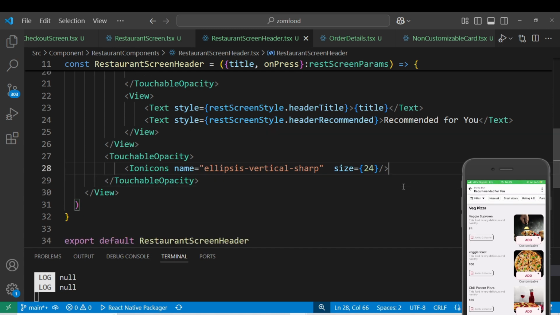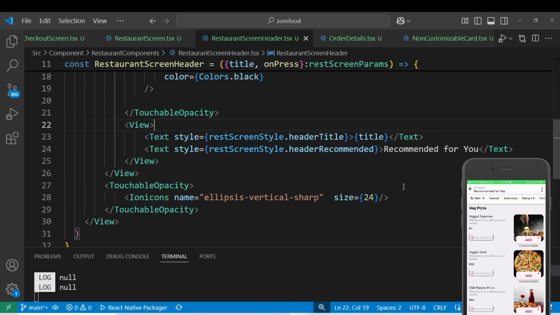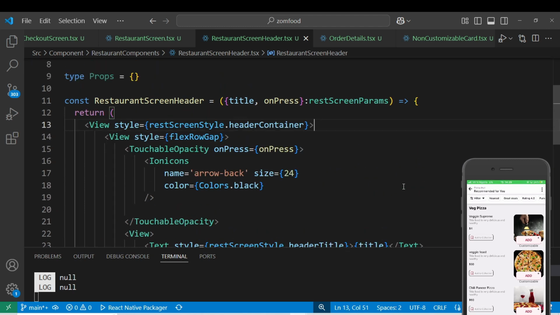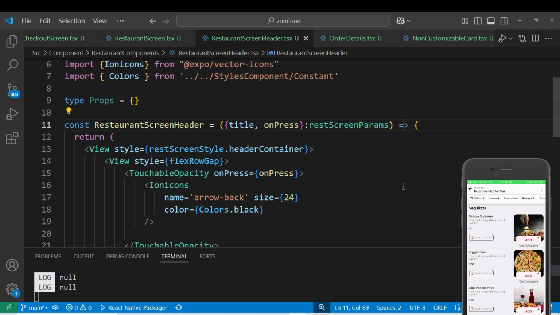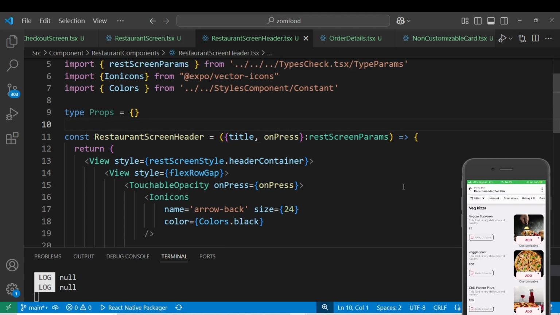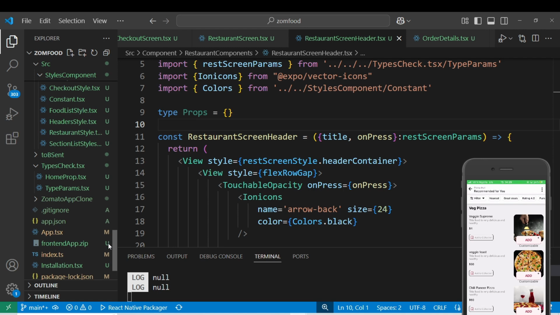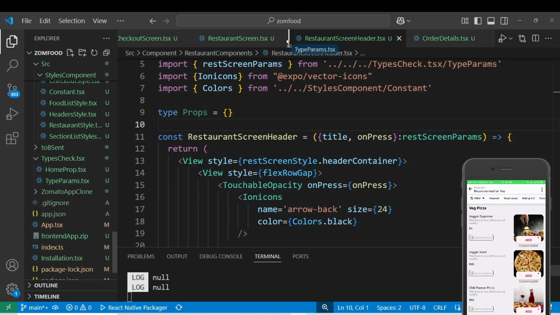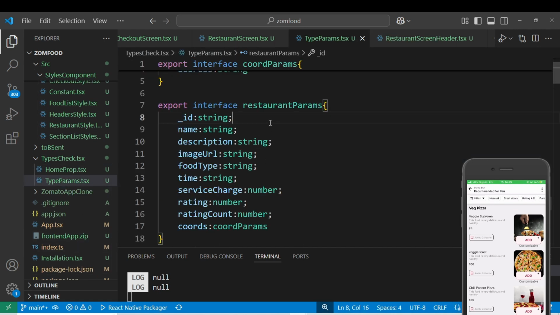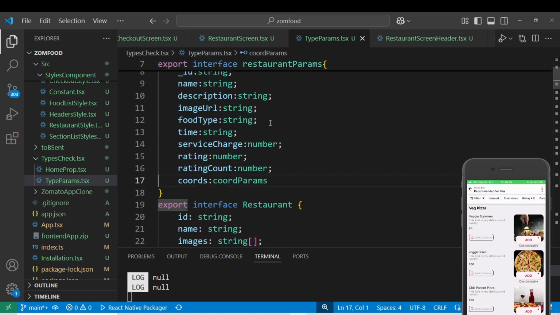So this header, now what we're going to do, we're going to make it dynamic, and to do that we're going to first of all add the props there. So on the current header we have title, onPress. So let's go to the restaurant screen params. So it's from our types and types params. So let's get that out. We'll need to make some changes and update that. So inside our restaurant screen params,